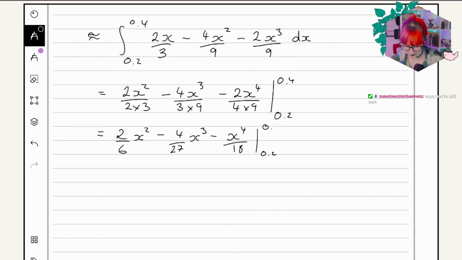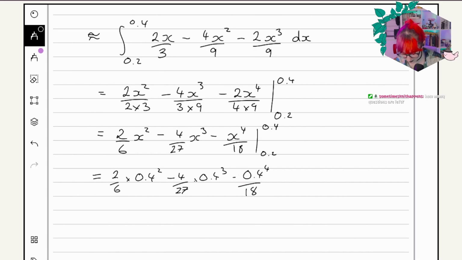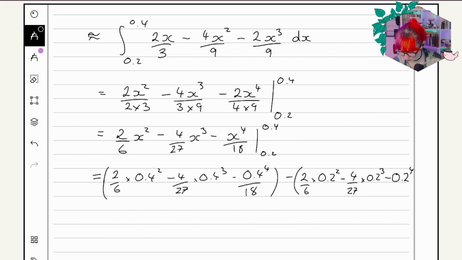Evaluated between 0.2 and 0.4. Okay, so substituting that in, we get some numbers. So 2 over 6 times 0.4 squared, minus 4 over 27 times 0.4 cubed, minus 0.4 to the power of 4 over 18. All of that minus the same thing. So 2 over 6 times 0.2 squared, minus 4 over 27 times 0.2 cubed, minus 0.2 to the 4 over 18 should be equal to